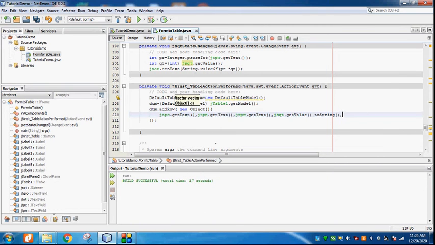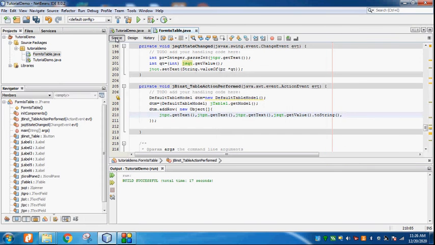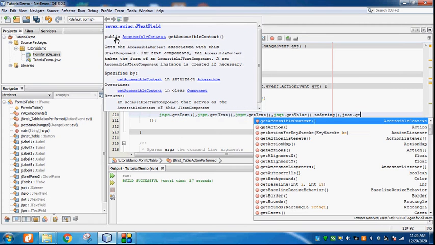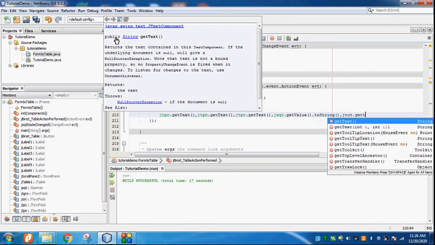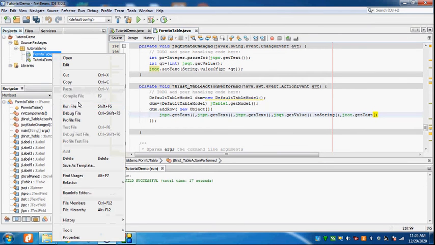Then I have to send the total, so total is in this variable, the name of this jtot dot getText function. I have received all the values and stored them into this variable.